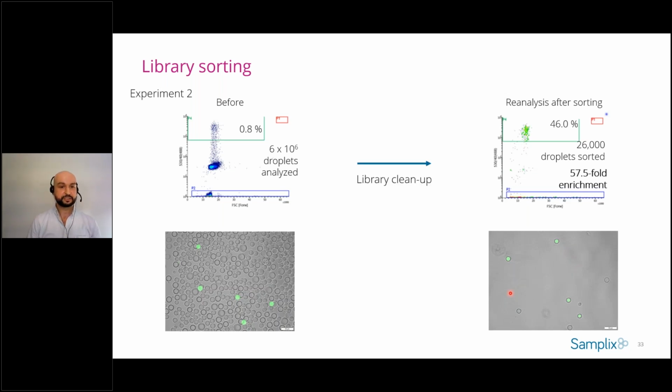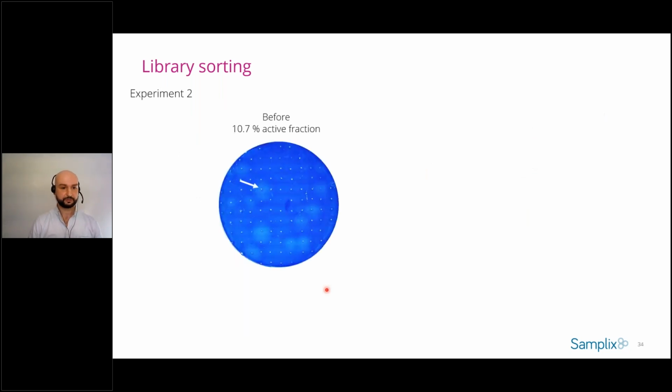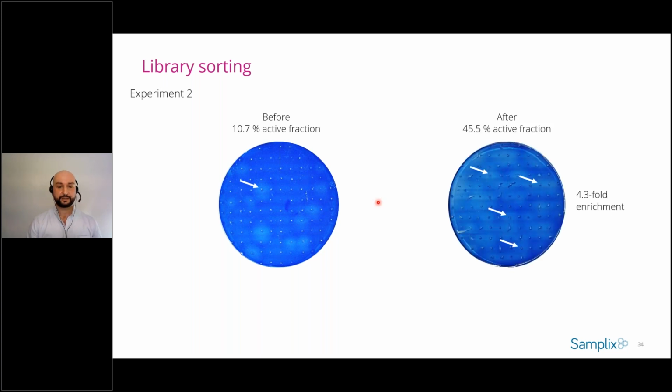And by this, we could clean up the library from all the droplets that contain inactive enzyme. So afterwards, we performed a functional test on the AZO-CMC indicator agar plates. So this is how the agar plates looked before. We have some halo formation, which is the indication for the activity, as I mentioned earlier. And after enrichment, we could demonstrate in this proof of principle study that we can achieve 4.3-fold enrichment of cells